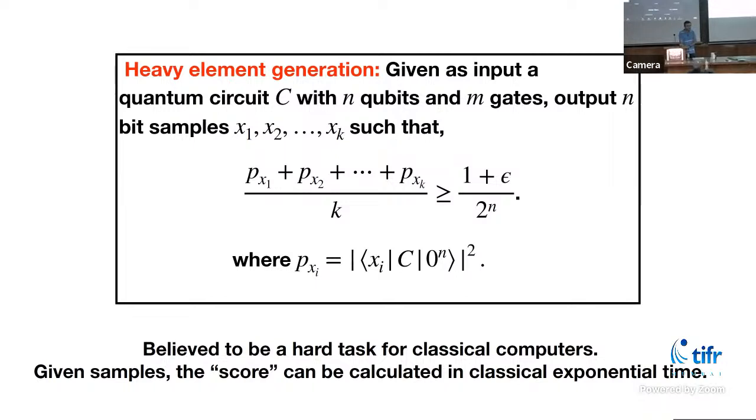Read the last line: calculated classically in exponential time. This is not a polynomial time verification test, but this is the best we have right now. There's no known way to do better yet. For these devices, at finite system sizes, this can be done. Like 50 qubits still takes a lot of time, but it can be done.